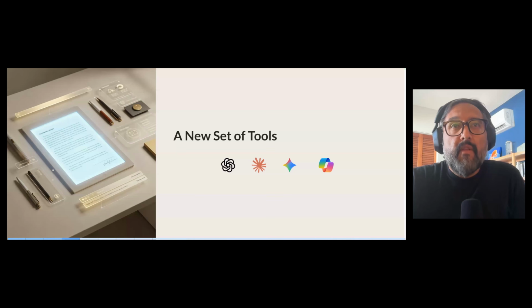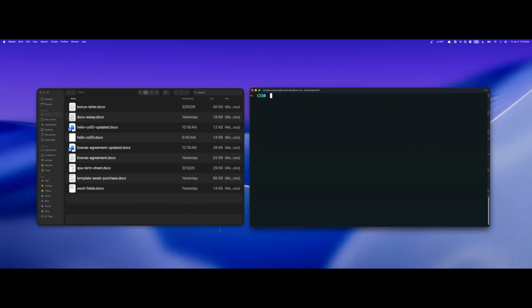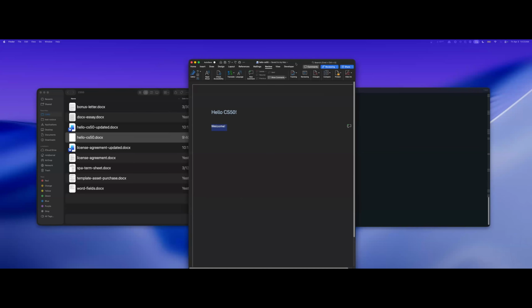We actually can't use those results. So why is that? Why is it that you or I can do this sort of thing with such ease on Word or Google Docs or SuperDoc, but we weren't able to perform the same simple edits with our friends, the chatbots? Let's try to unpack that question, or should I say unzip that question. So what is a docx file? We can unpack that question by just looking at the same original file that we had. So let me just open that. It's just this hello CS50 file. You might recall it's at welcome.